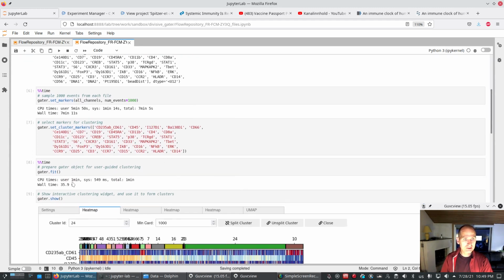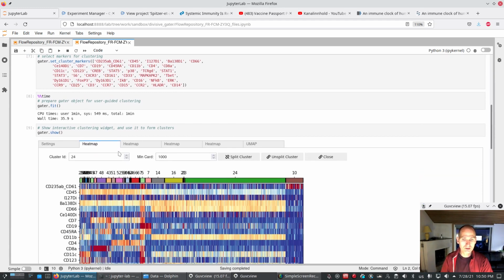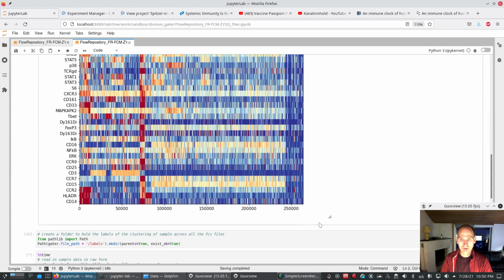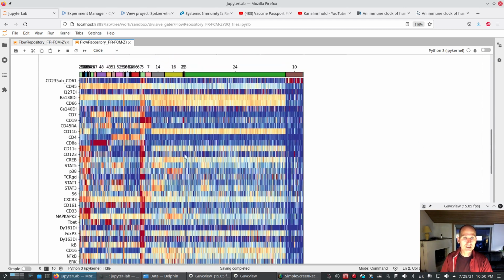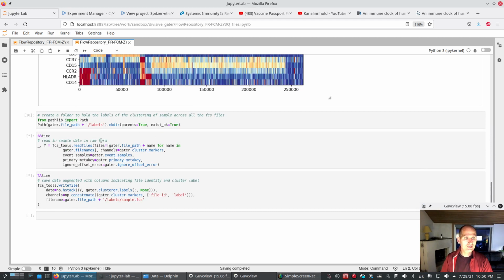And I fitted this with only 1,000 events per file, because we have 260 files, so this is 260,000 events. We made a heat map and we did this interactive clustering. And then we are now about to save